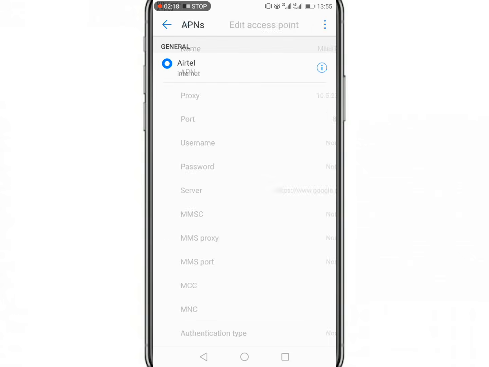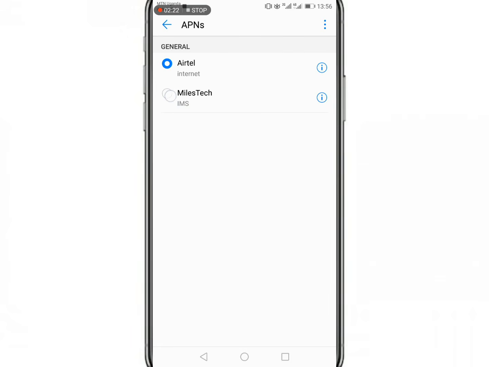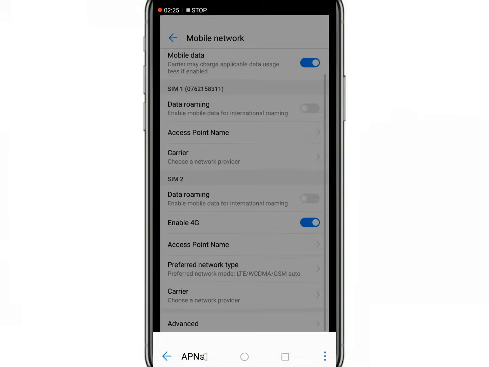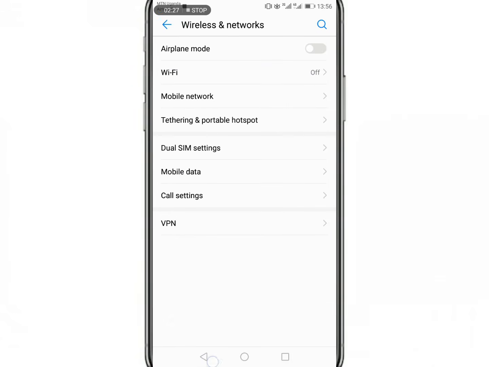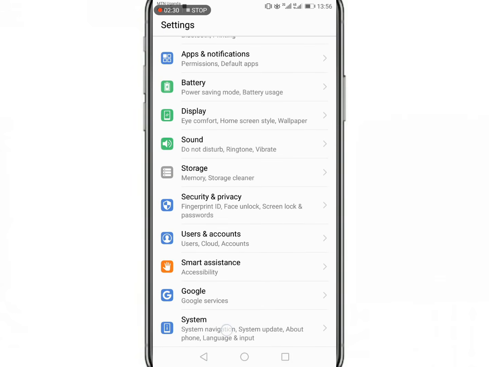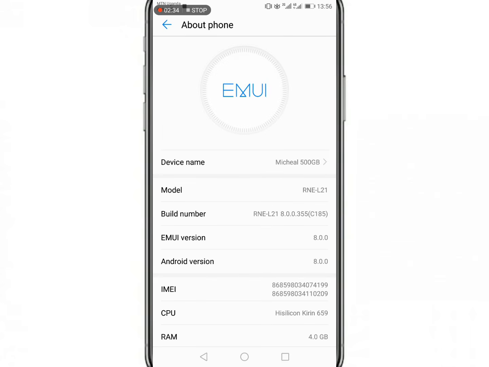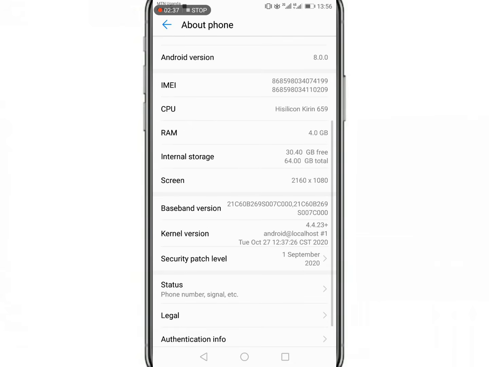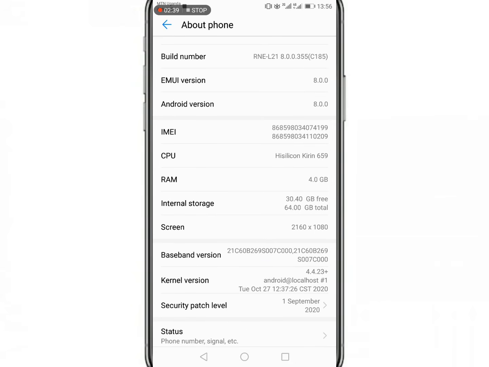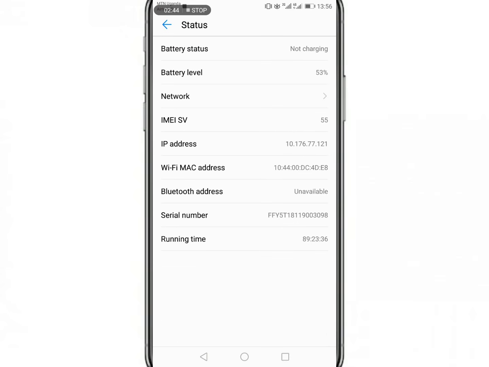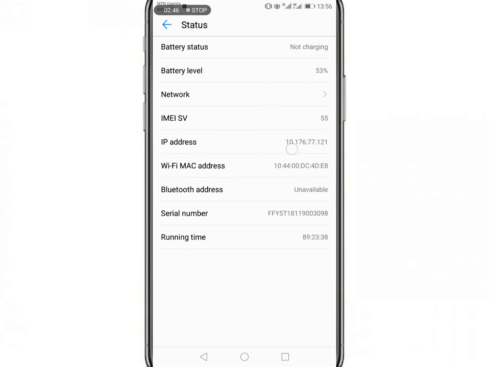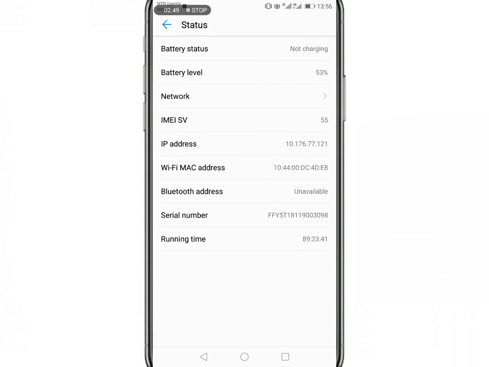save your APN settings, and then after come right here and enable your APN settings, and then you go to your phone's settings where we have advanced options or system, then about phone. We are looking for the IP address. We have different phones with different models, but look for ways of going into your advanced settings and go where you have status, and then see the IP address. The IP address must start with either 10.178, 10.177,